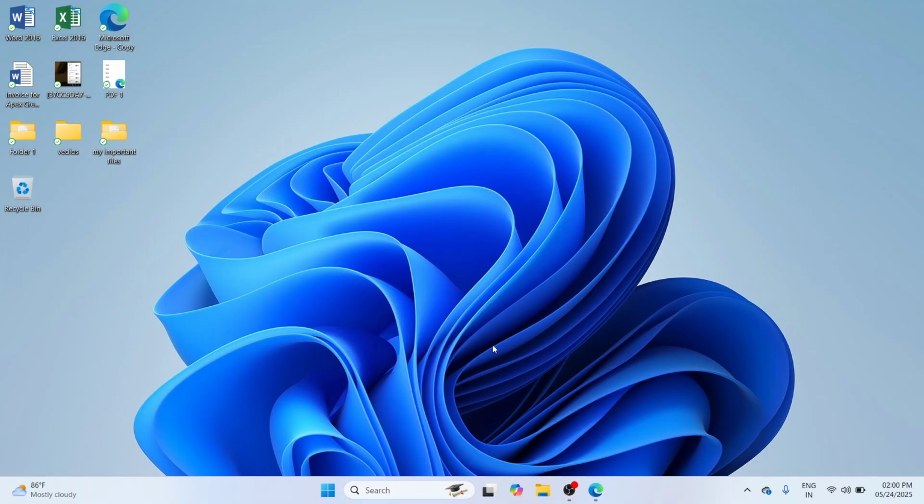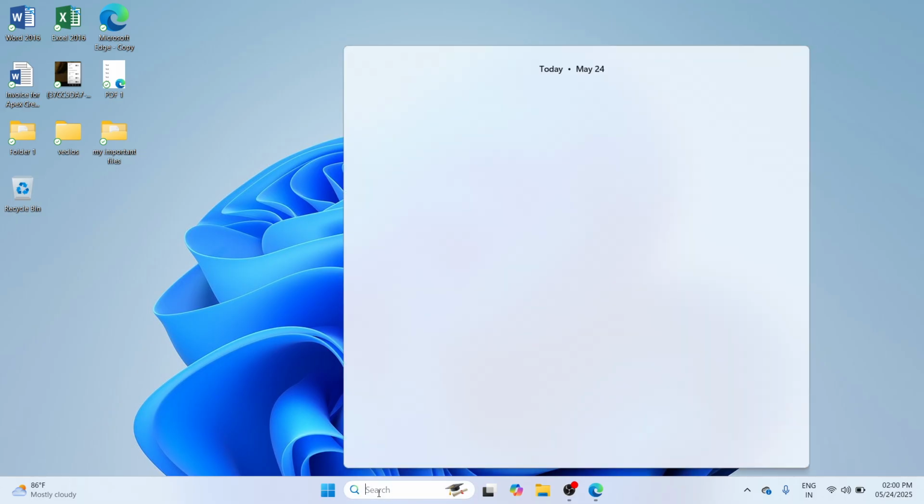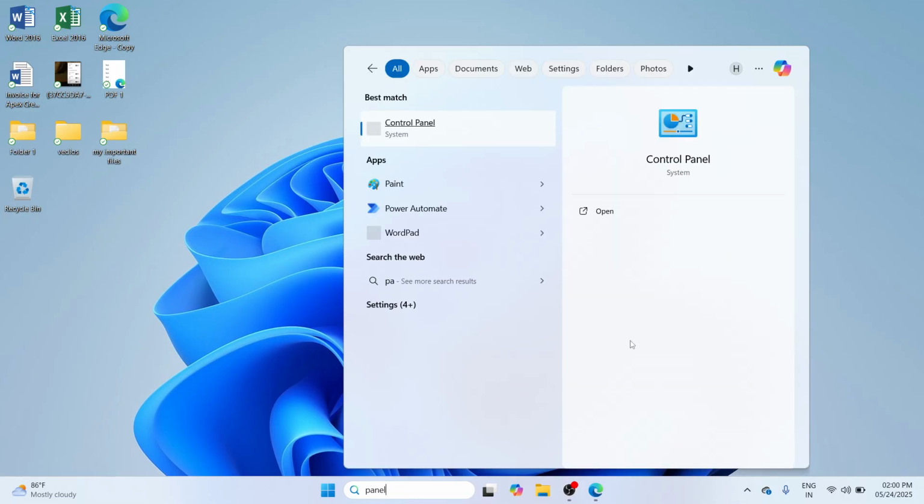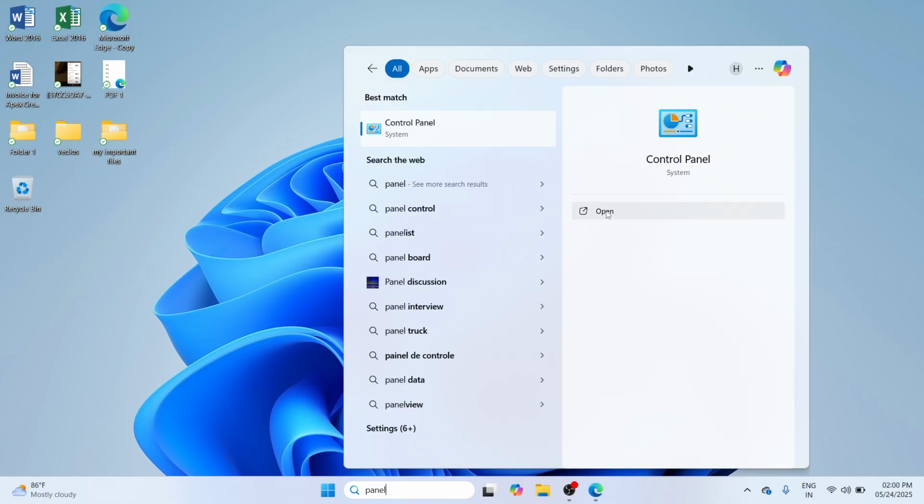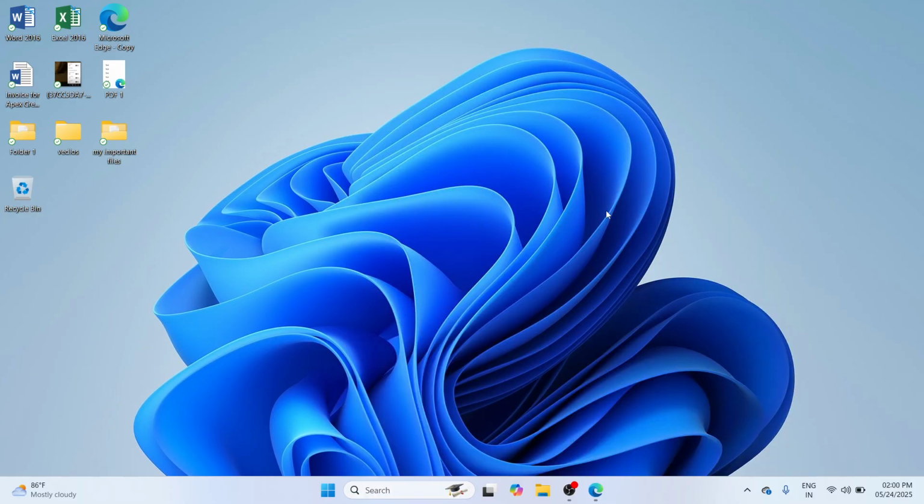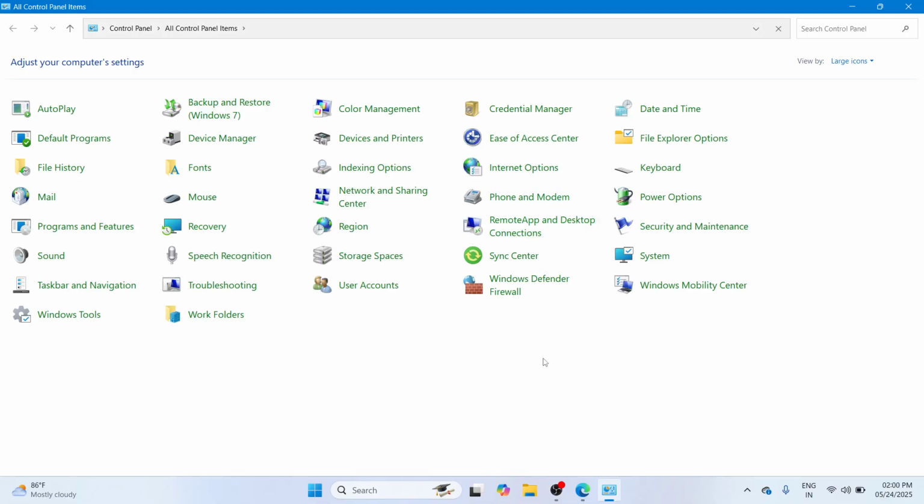First of all, we need to bring up our Control Panel. How can we do so? Here at the bottom search bar, please type Control Panel. Once you've typed it, the best match should appear. Please click on this Open option to continue. The moment you've clicked on it, in a few moments, you would be able to bring up the Control Panel